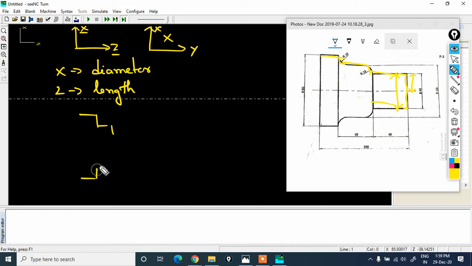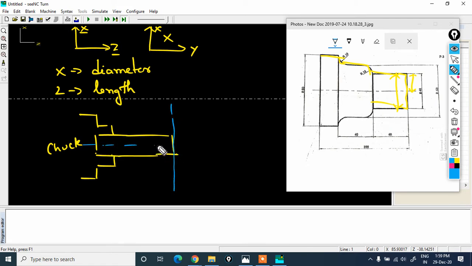Let me show you with a simple sketch. This portion I will call the chuck, where my workpiece will be held, and I will draw the axis. This we call the origin, 0, 0.